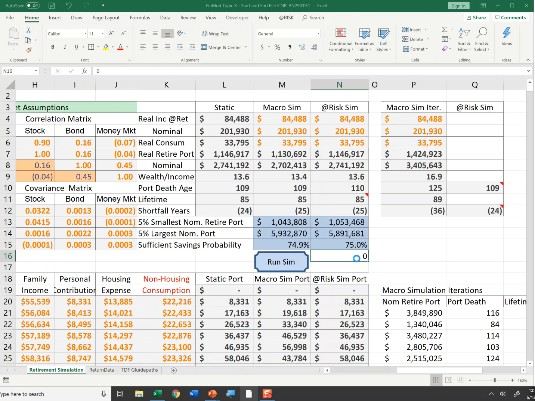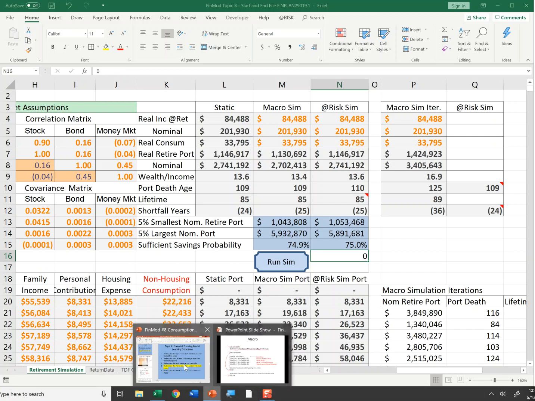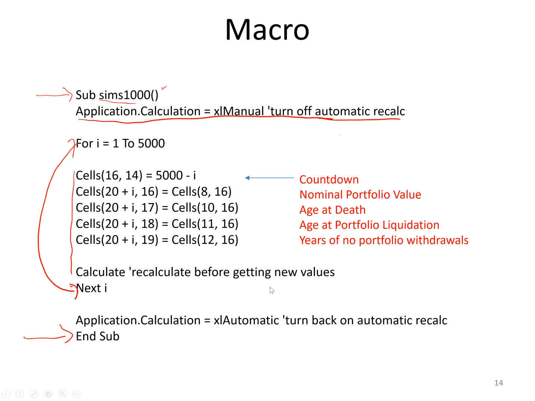Well, while that's starting, I'll talk a little bit more. So let's go back. That's going to start doing a countdown in cells 16, 14. And then in cells 8, 20 plus I, 16, it's going to put whatever's in cell 8, 16 and 20 plus I, 17. Now I, again, is going to go from 1 to 2 to 3 to 4 down